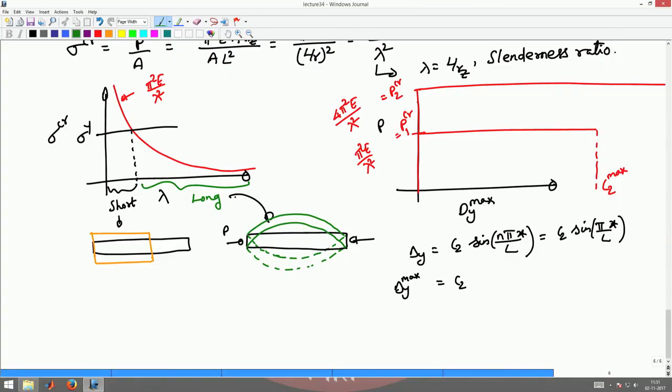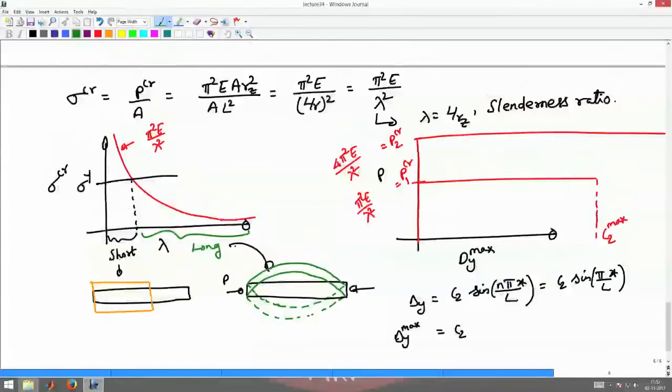So, this is a so-called random probability that it can go down or it can go up, but whether it will deflect along y or z depends upon the slenderness ratio. We found that for a simply supported beam, the critical load is pi square E by lambda square,